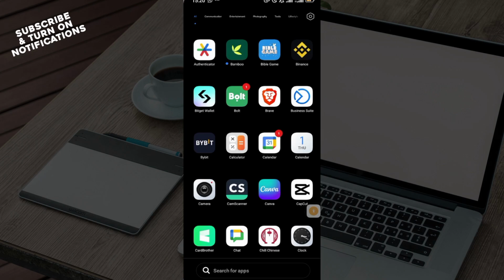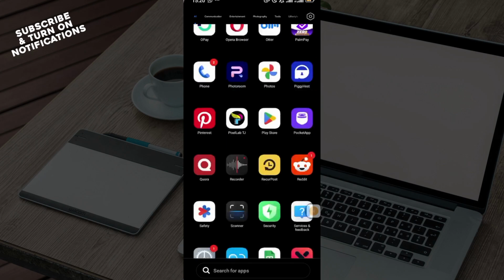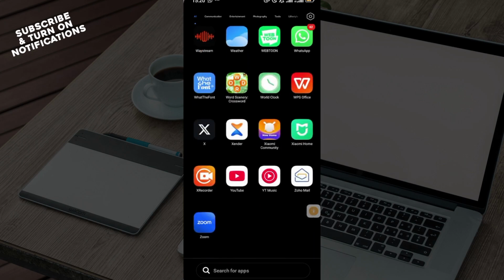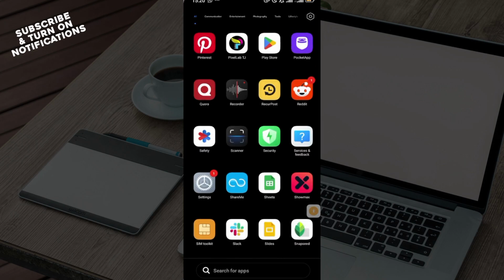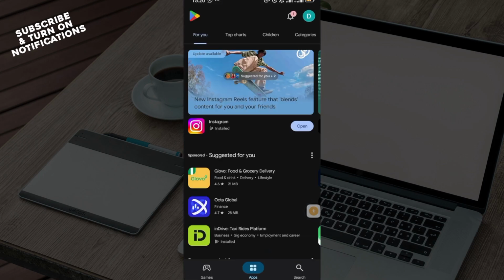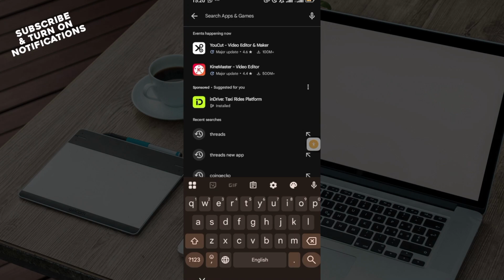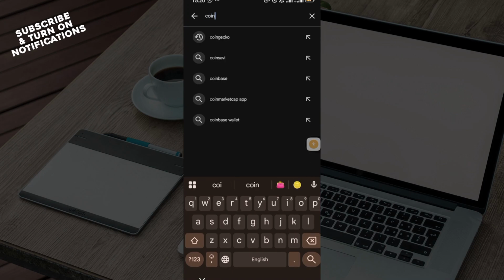Now, to do that, first step is to pick up your device and head over to your Play Store. If you're using an iOS device, you go to your App Store. So after launching your Play Store, move to your bottom right corner of the screen and click the search icon. Then in the search box, type CoinGecko